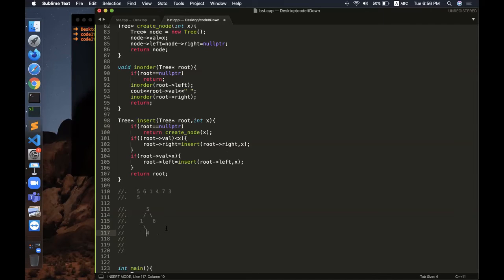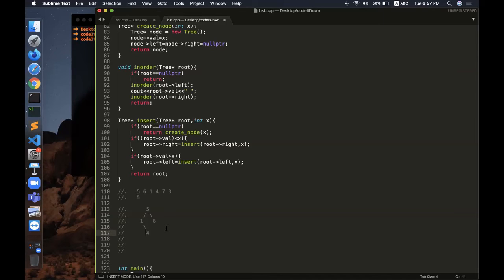Now after inserting 4, I'll go for 7. Again, 7 is greater than 5. So I'm assured of the fact that 7 is never going to lie in the left side of 5. Now I go to 6. 7 is greater than 6, so 7 is going to lie in the right side of 6. So I go to the right subtree of 6, but there is no right subtree of 6.